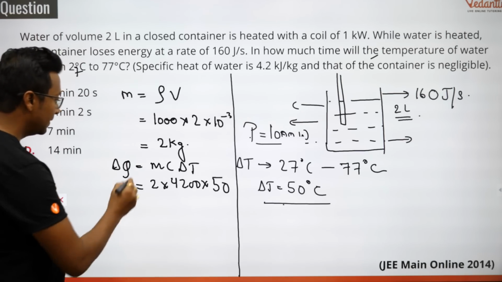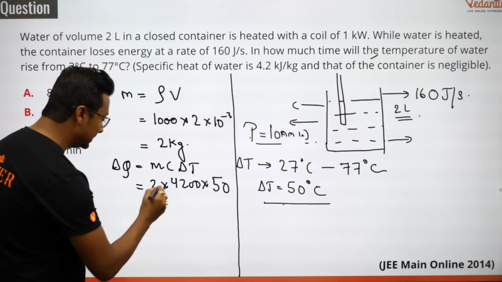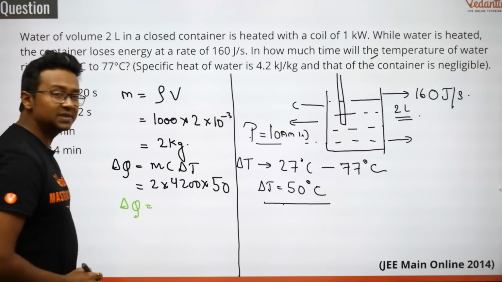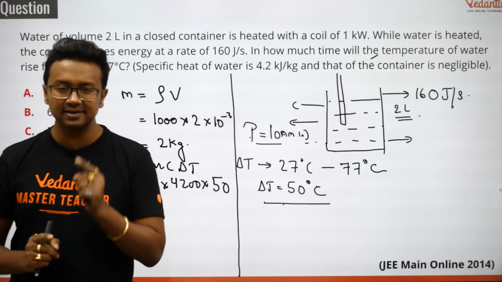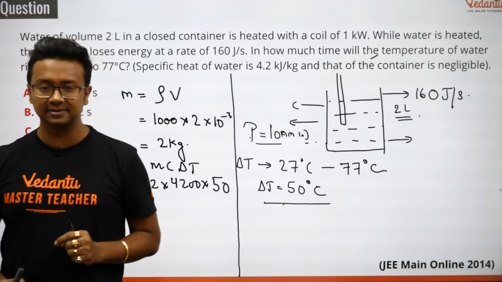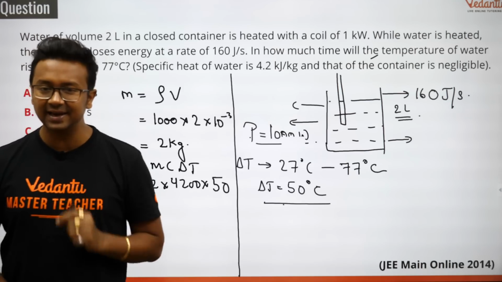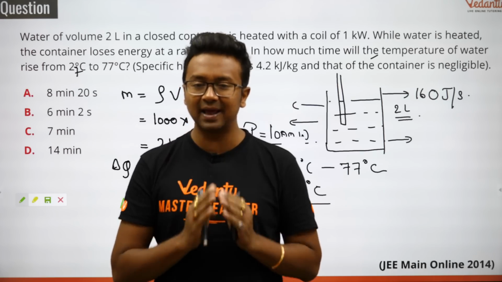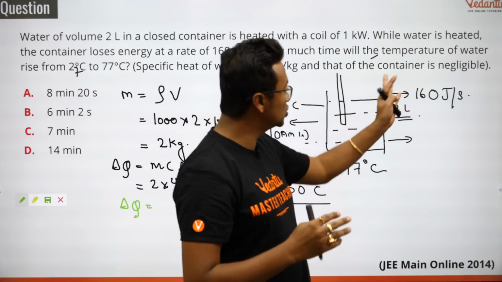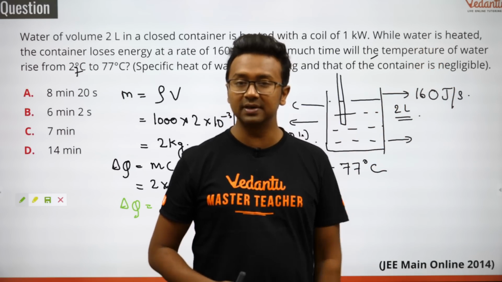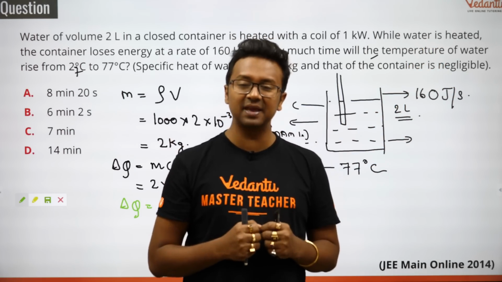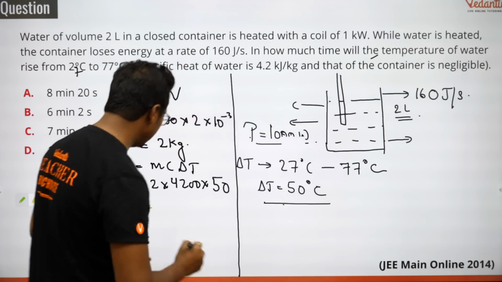Now the important part, students. This much amount of heat, that is delta Q, is to be supplied by the external source, that is your heater. Now the heater is supplying heat, but it is also getting lost at 160 joules per second. So the net amount at which the heat is coming to this water here is